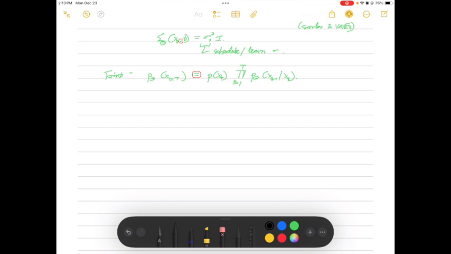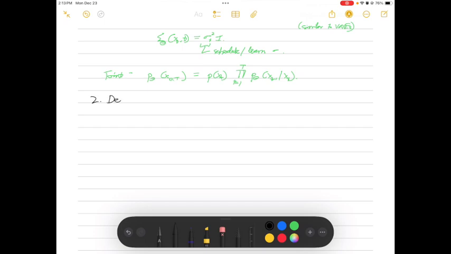So before proceeding, it would be best if you can pause the video and revisit the ELBO derivation for the VAE. And now would be a good time to do that. Okay, if you have revisited the derivation for the VAE's ELBO objective, we can now proceed to derive the